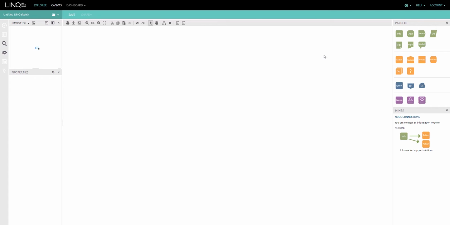Now we understand how we're going to use LINQ to capture our supply chain. Let's reconsider the booking aspect for our hotel. Let's dig into that a little bit and understand the thinking that we need to apply in order to build the information supply chain. So when somebody comes onto our hotel website and wants to book a room, there is